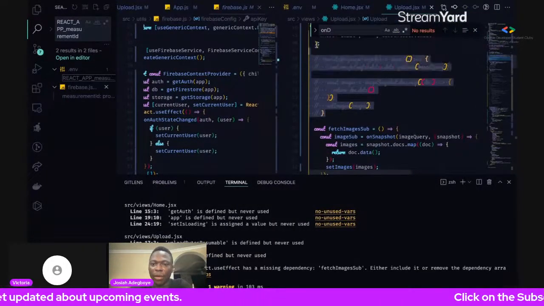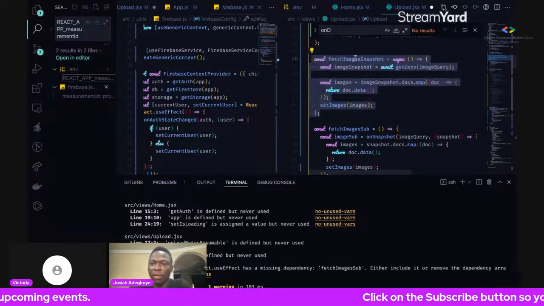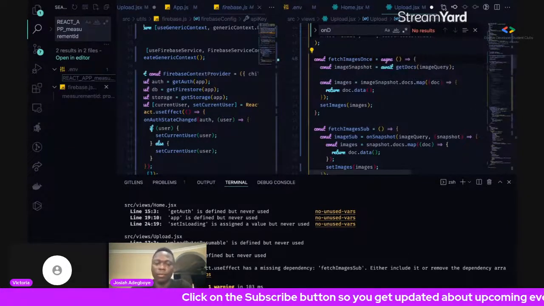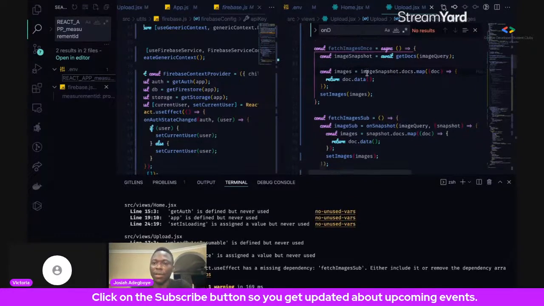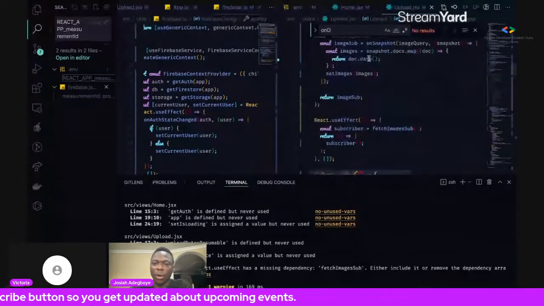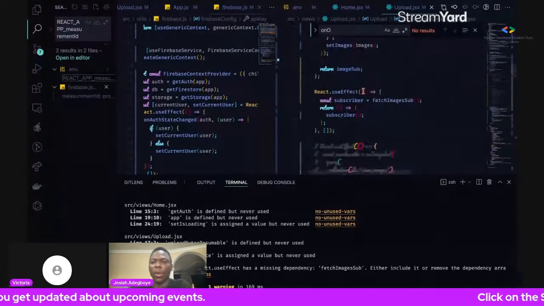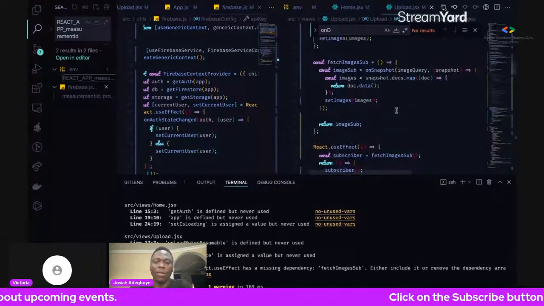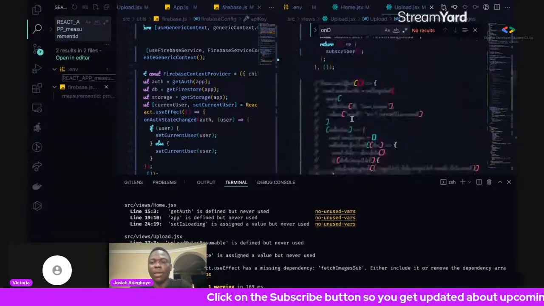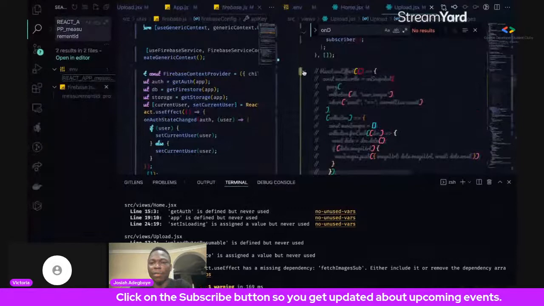This is the snapshot to fetch data once. Fetch images once would work this way, and fetch images subscription would work this way too. So the only thing that would change is how we decide to fetch the data, but the query remains the same. Now let's try this and see if we have our end-to-end